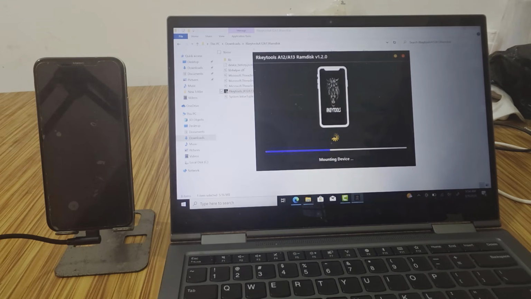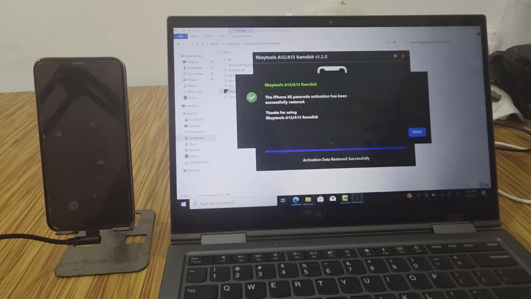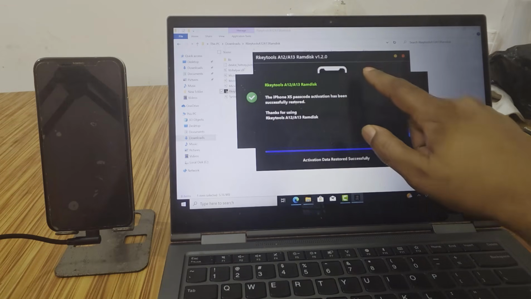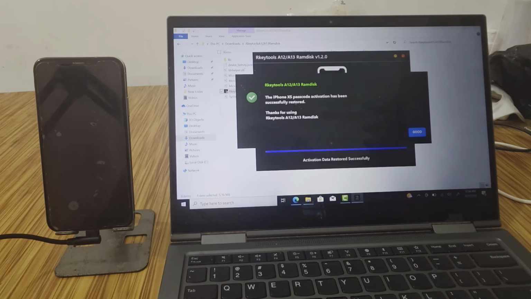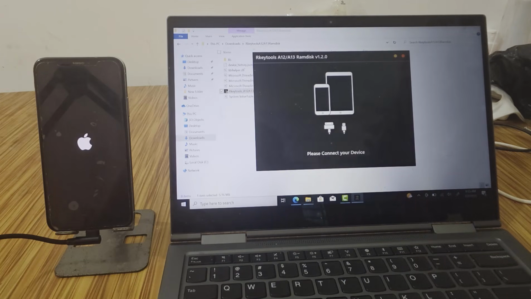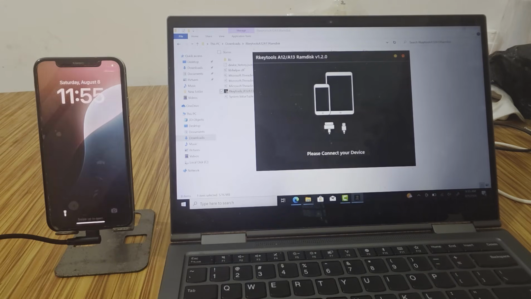Mounting. Restore data. Successful bypass. Now wait for it to run. As you can see,